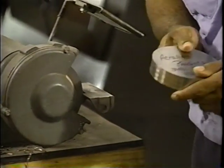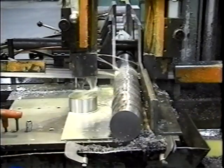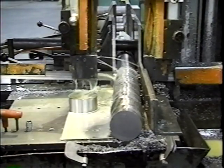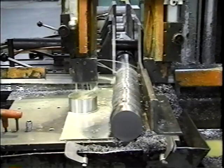After I remove the shavings and the cutting fluid, the finished part will look like this. Once the bandsaw has been properly programmed, it will run automatically. With the aid of time-lapse videotaping, we are speeding up the cutting action of this 347 stainless bar over 100